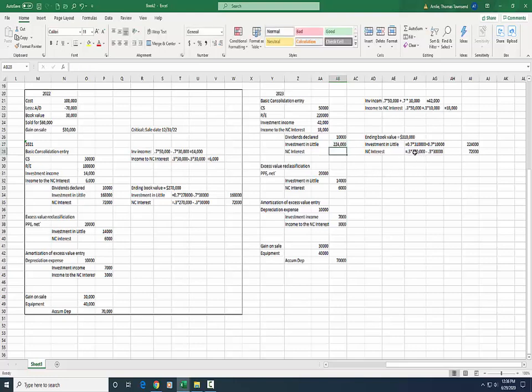Same thing for the non-controlling interest. They're going to get their share of the end-of-year book value. Plus, we're going to give back, again, it's the exact same adjustment that we made up here. For the income to the non-controlling shareholders, we had this adjustment of plus 0.3 times 10,000. We're going to do the same thing here, plus 0.3